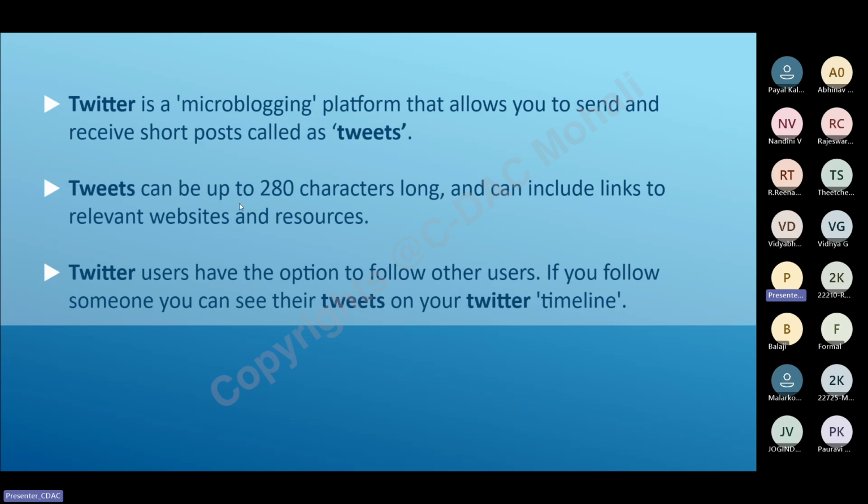So what you can post on Twitter. In a tweet, you can post up to 280 characters, if I'm talking about the text part, but if you want to include any link, you can do that too. And there are a few types of resources that you can add in a tweet. Unlike Facebook, where you can post videos and different types of images,